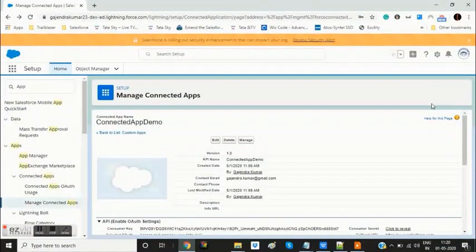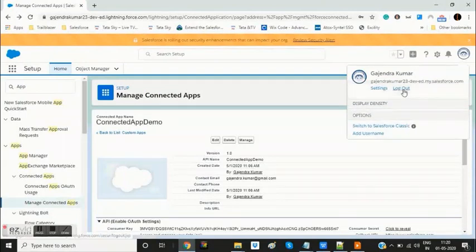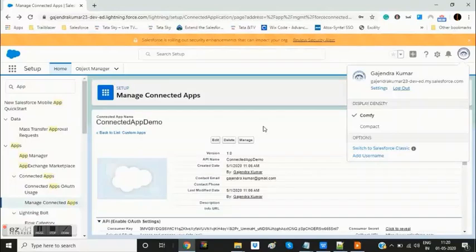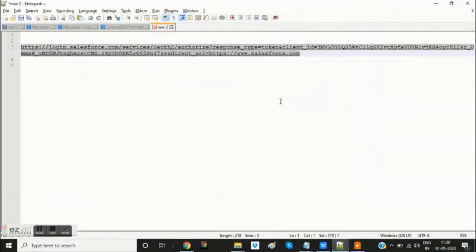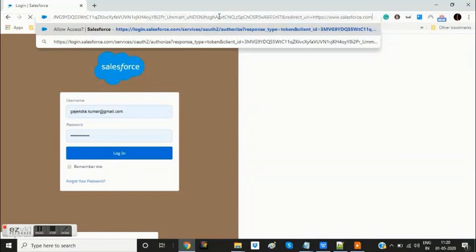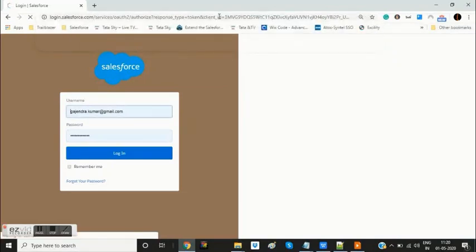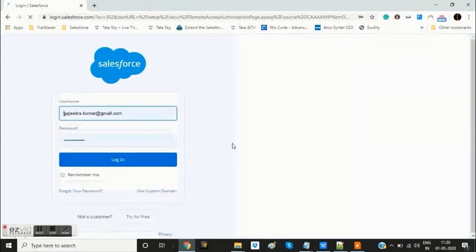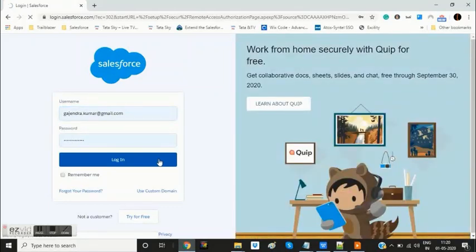It is asking because one of my instances is already open. So if I log out from my existing instance and hit this request once again, it will first ask me to log in with the user, and once I click on login, then it will ask me for authorization.